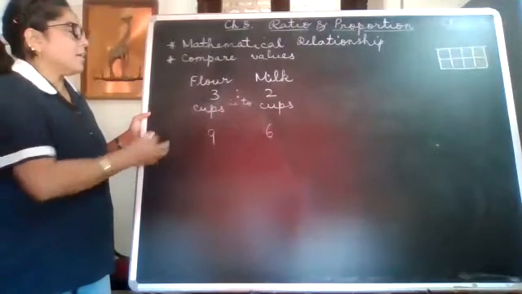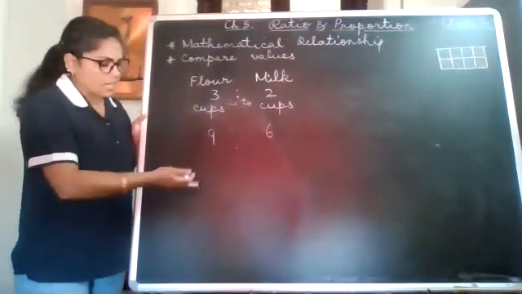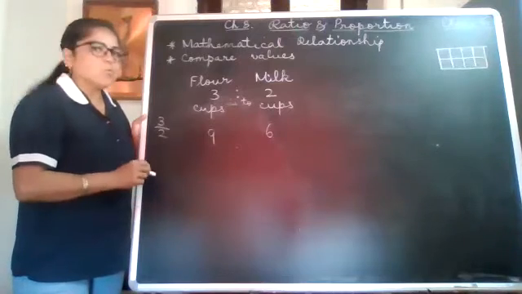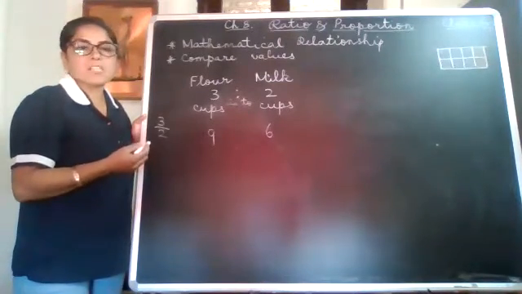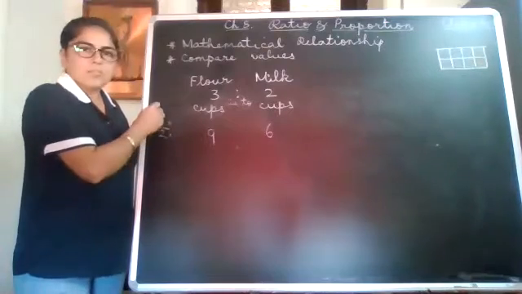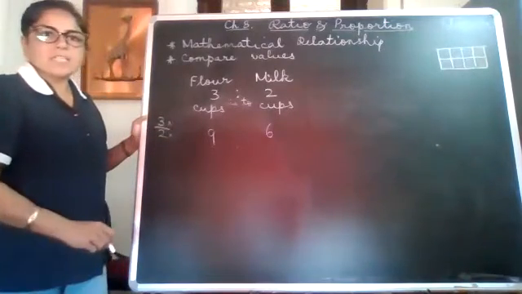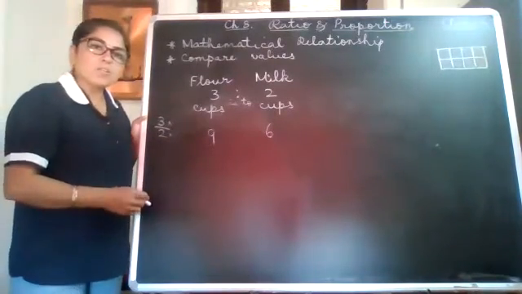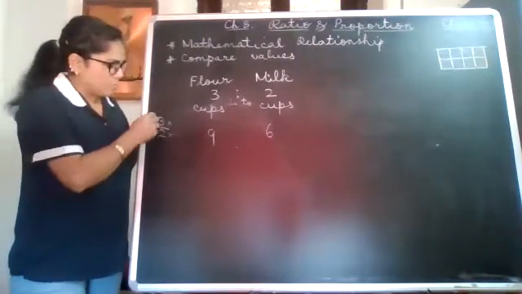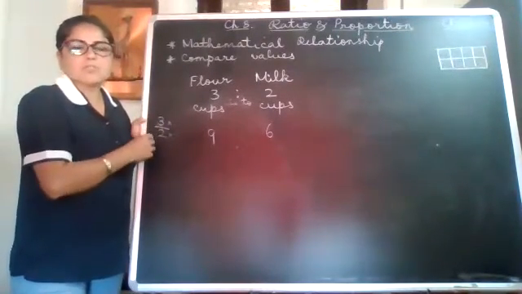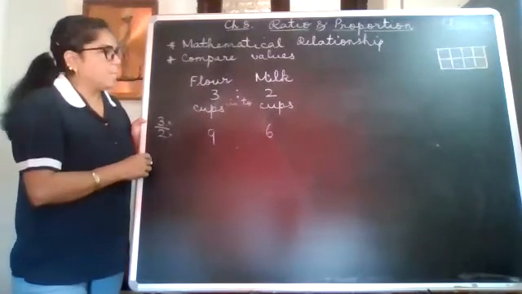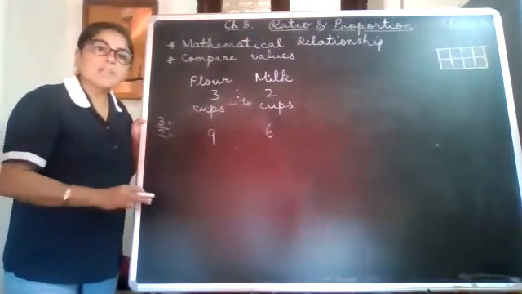Okay, and we can show the ratio also as a fraction. I showed you a little while earlier that this could be written like this. So when we find out equivalent fractions, how do we find out equivalent fractions? By multiplying the numerator and the denominator by the same number. And we can also get equivalent fractions by dividing by the same number. But of course here we cannot divide because both of these are prime numbers and they are not divisible by any common number. So that is regarding ratios.